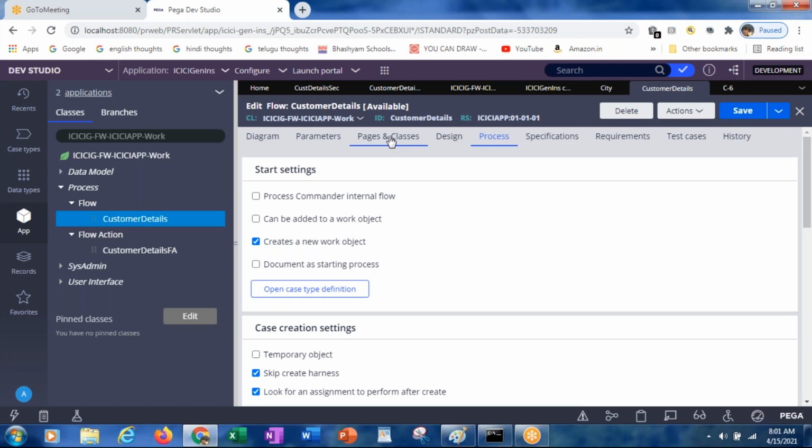So today we mainly learned how to create the flow, how to create the flow action, how to place the section into the flow action, how to refer the flow action from the flow, and how to run the flow. After running the flow, we saw the values you created, and how to add new shapes in the flow and how to delete shapes. All these things we learned. Any doubts?